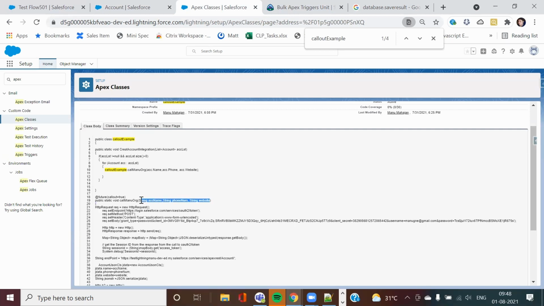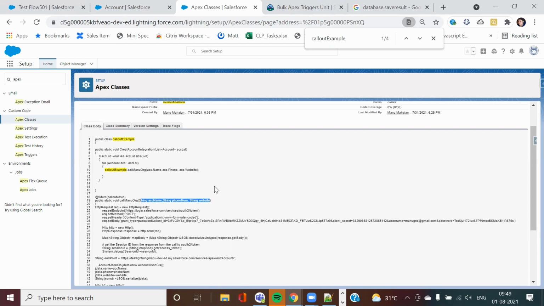Because there could be a situation where I pass the context of an account, assume I pass the name, phone number. And since it's an async process, it will happen after some time. So what could happen? Assume my phone number got changed. In that case, it won't be able to pick it up. So that's why Salesforce always says, whenever you are using a future method or async method, you always pass primitive data types. Integer, string, all of these data types you pass. So I cannot pass an account list here. That's it.